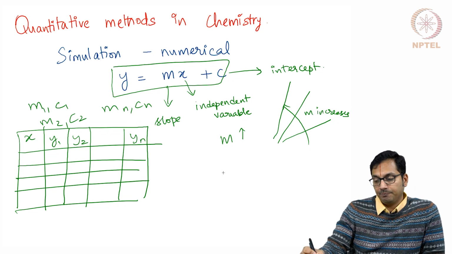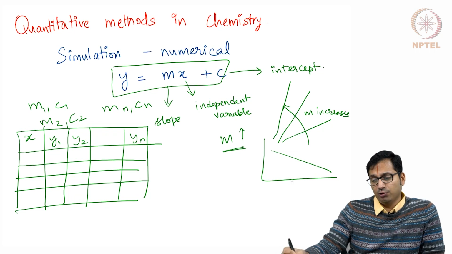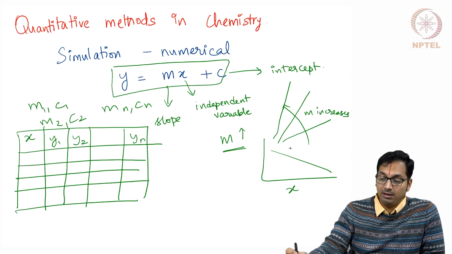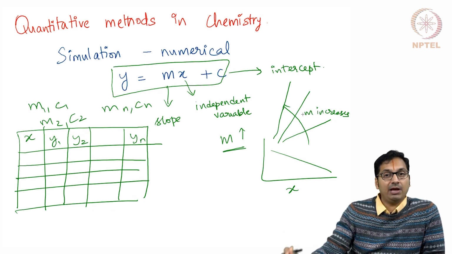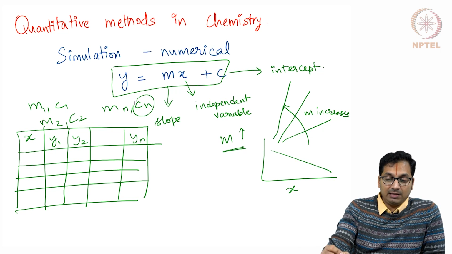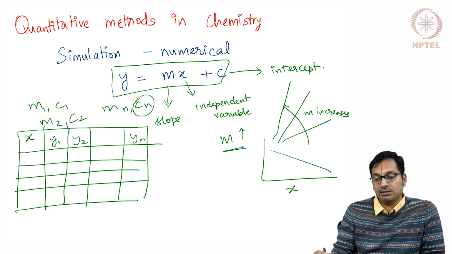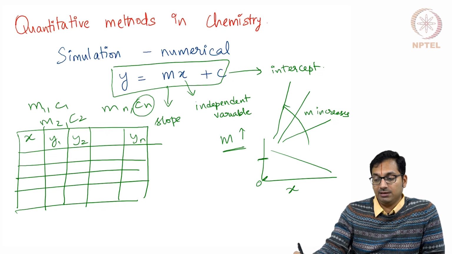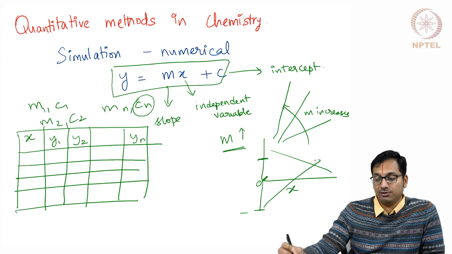On the other hand, it could also be that the slope is negative, in which case the slope is going to have a trend that looks like this. On the other hand, in this case, if the slope is positive, it is going to have a different trend altogether. Similarly is the case with the intercept. What we are able to understand is that if the intercept is 0, it will start at 0, 0, but if the intercept is, let us say, plus c, it starts here, and if it is, let us say, minus c, it starts out here.